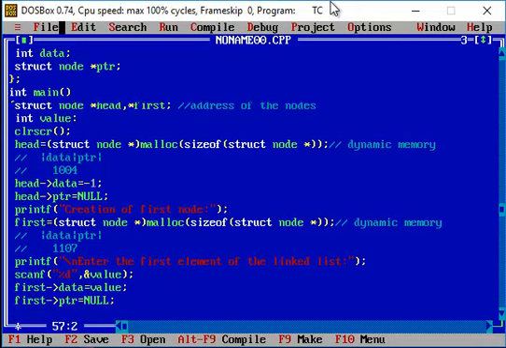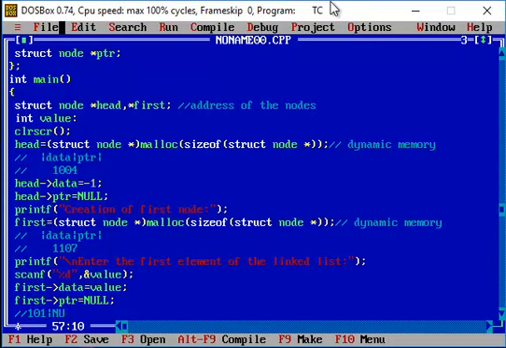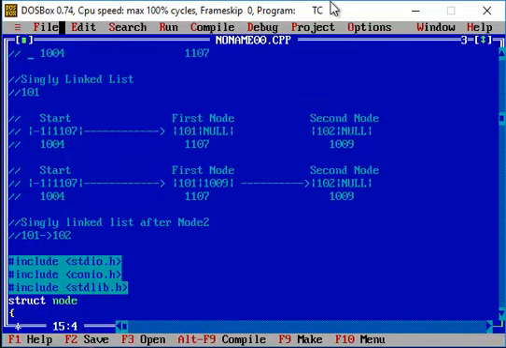Let's say for example the user is trying to enter the value 101, then this is how my first node will look like. It will have the data field, and it will have a pointer value that is equal to null. Remember, we have just created both the nodes.